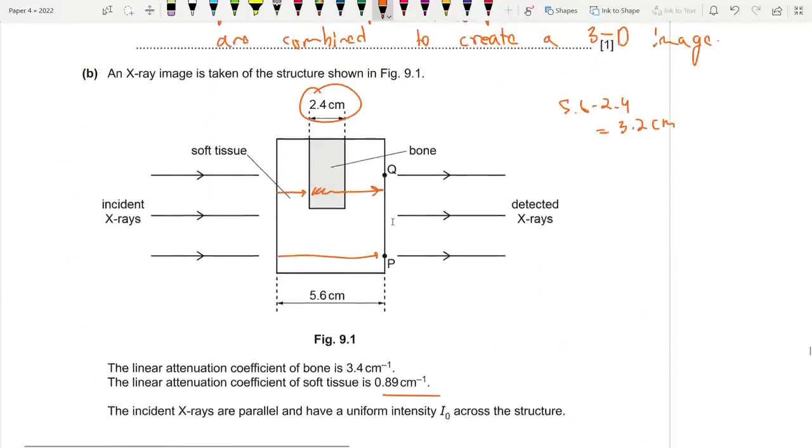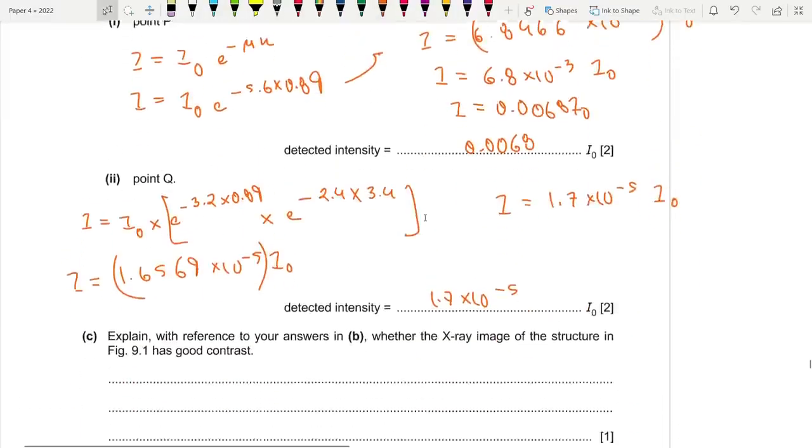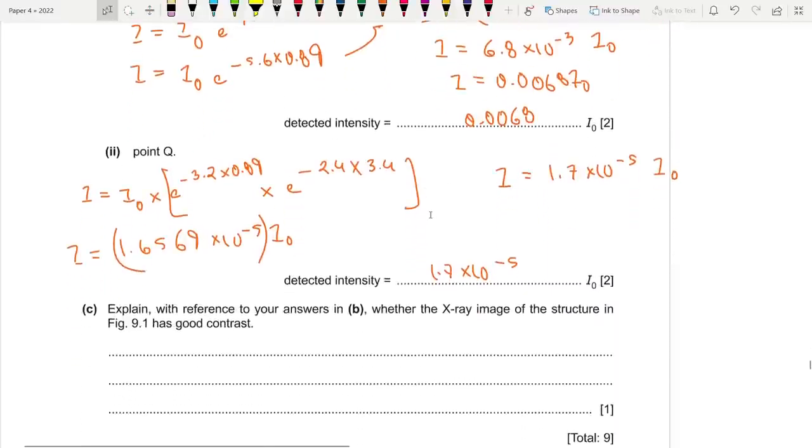So to have good contrast, what you need is between two sections of the journey, this section where we pass through two types of media and another section where we pass through soft tissue, we need vastly different detected intensities. For example, if you compare these detected intensities, 0.0068 divided by this answer over here, the one detected at